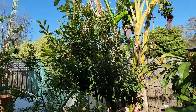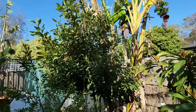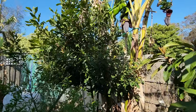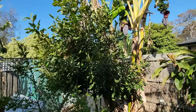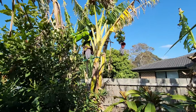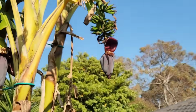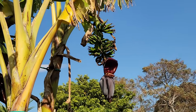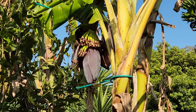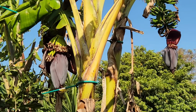Up to 10 years. Not all varieties, but the ones I have. So this is a different variety to the other one, and it's still taking over 6 years. We've got 2 banana bunches. One there, and one here that's just opening now. So straight out of winter,